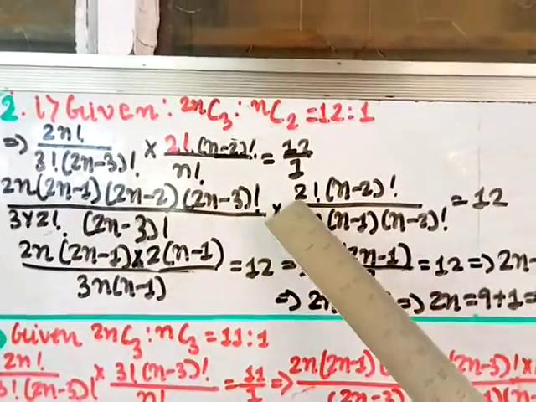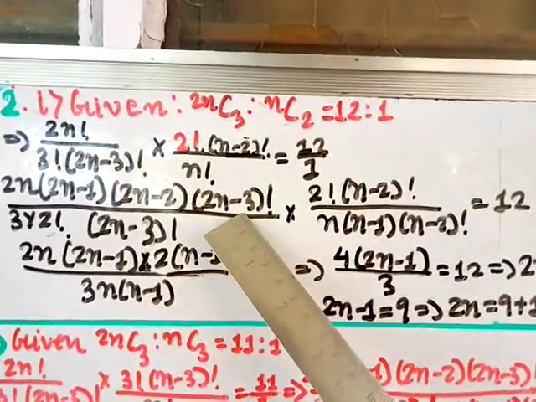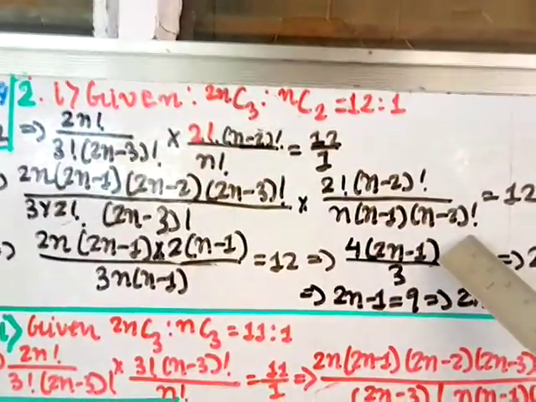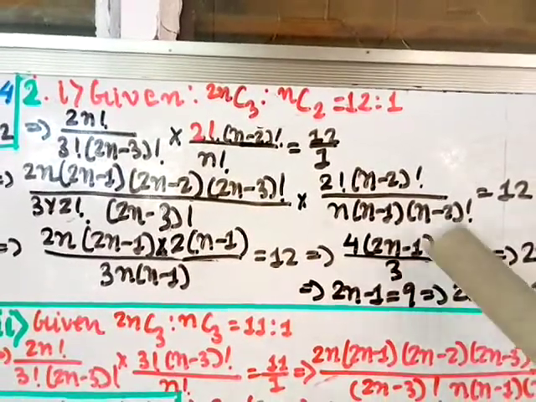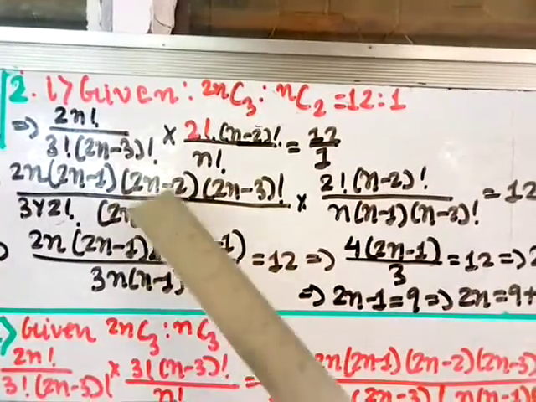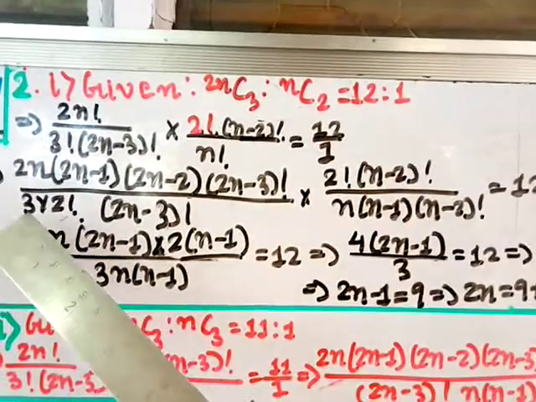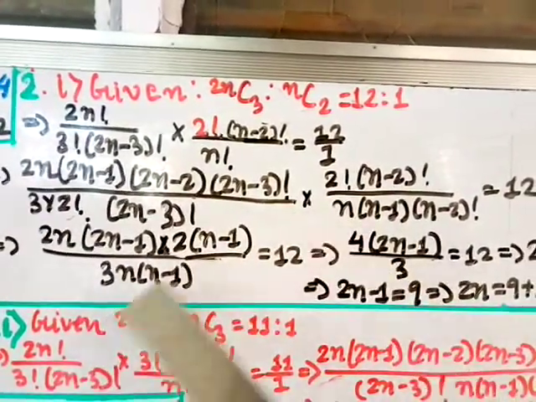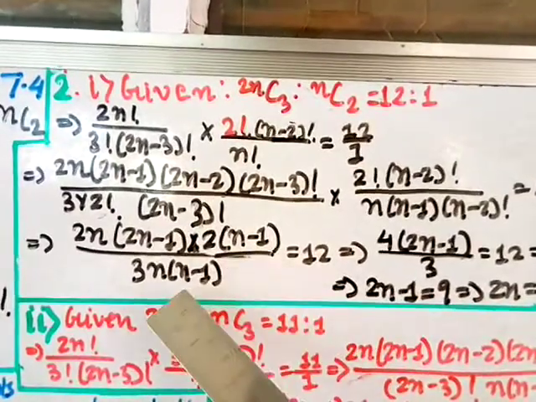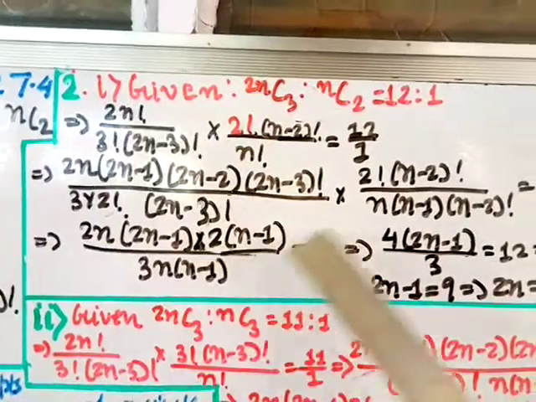Now here these 2 factorial and these 2 factorial you can cancel. Okay, then 2n minus 3 factorial, 2n minus 3 factorial you can cancel. n minus 2 factorial, n minus 2 factorial you can cancel. So here remains 2n minus 1. From here I am taking 2 common, so here you get n minus 1. This is already cut, this is cut, this is cut, and the denominator 3, and here n and n minus 1 equal to 12. Now again you can cut n minus 1 from here, and this n also you can cut. So here 2 into 2, that is 4.